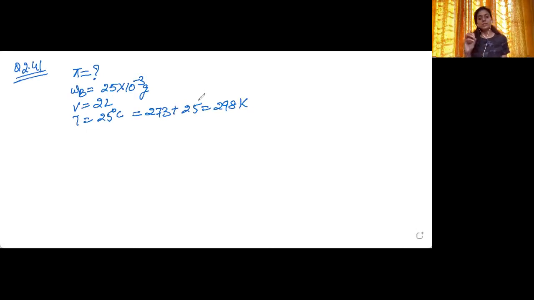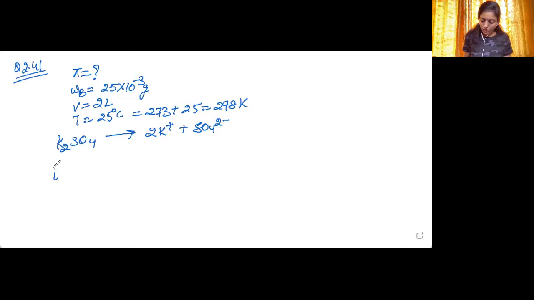Assuming that it is completely dissociated. Now, because it is completely dissociated, we will not consider the degree of dissociation. It is 100%, so alpha will be equal to 1 here. So potassium sulfate is completely dissociated. So what is the value of i? Number of particles after dissociation upon number of particles before dissociation. What is the number of particles before dissociation? One complete molecule of potassium sulfate is there. After dissociation, how many have been formed? 2 potassium, 1 sulfate, 3 total. So i will be 3.